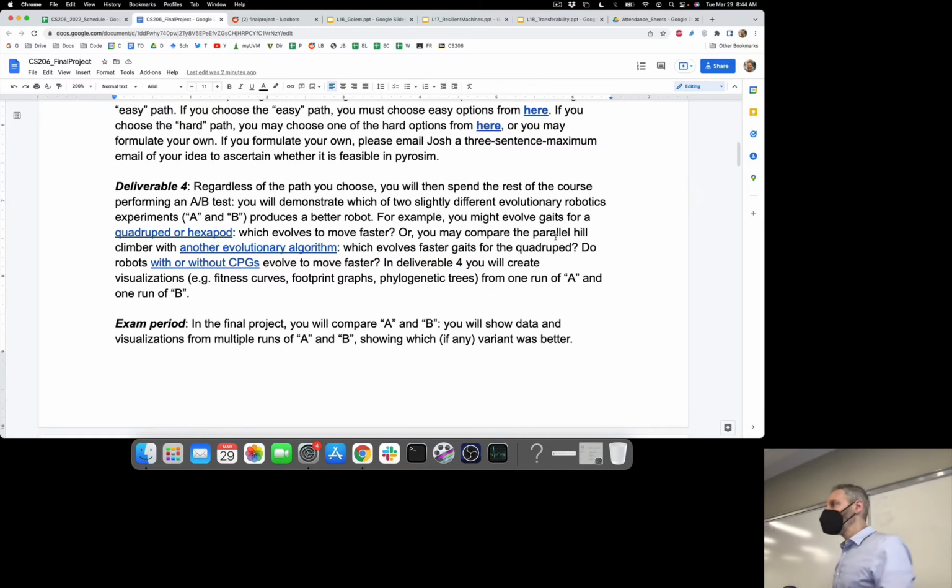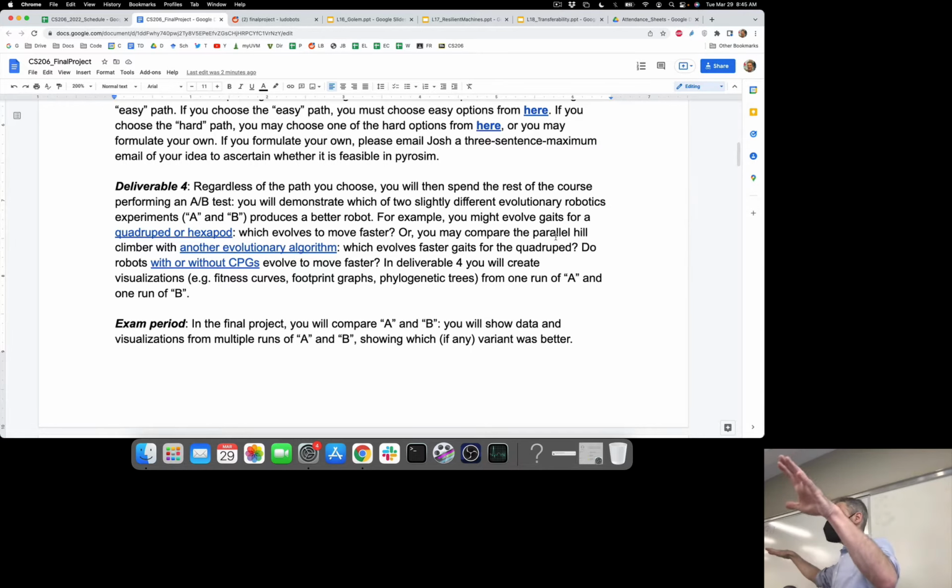You might replace the parallel hill climber with a more high-powered evolutionary algorithm. Strictly speaking, a parallel hill climber isn't really even an evolutionary algorithm. There's no crossover. I guess there's mutation in there, so it's somewhere on the fence. There are many, many more high-powered evolutionary algorithms. We're going to talk about two of them this week and next week. A popular project is obviously to rip out the parallel hill climber, replace it with another evolutionary algorithm, which becomes